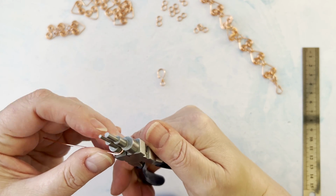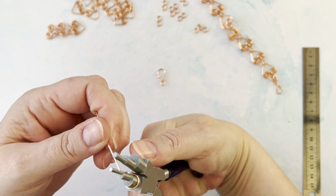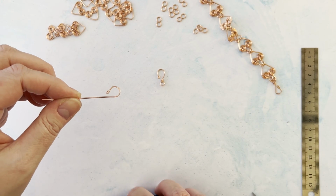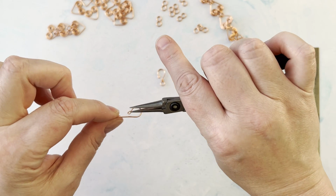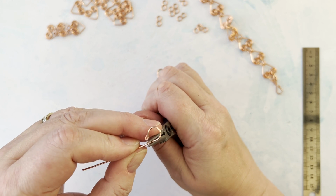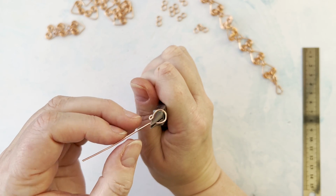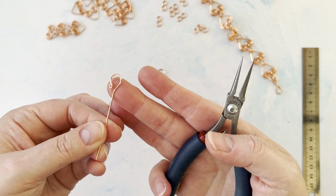Wind it round like so until it almost meets, like so. Okay, you see that? Get your chain nose, and just where that meets the long part, place your plier and very gently make an angle like so. Okay,